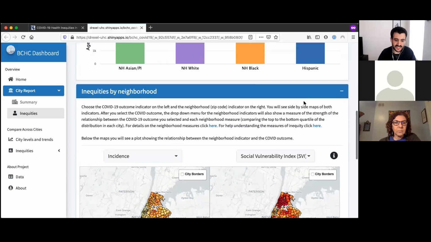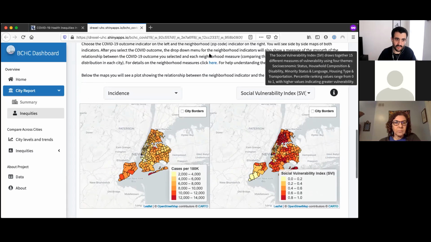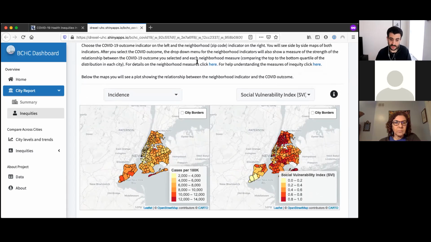The second aspect of inequities that we can see within every city is inequities by neighborhood. In order to do this, we proxy neighborhoods by zip codes, which we know are imperfect measures of neighborhoods, but are normally the most readily available type of spatial data in most cities, especially in the middle of a pandemic. What we allow the viewer to do here is to look on the left-hand side at COVID outcomes by